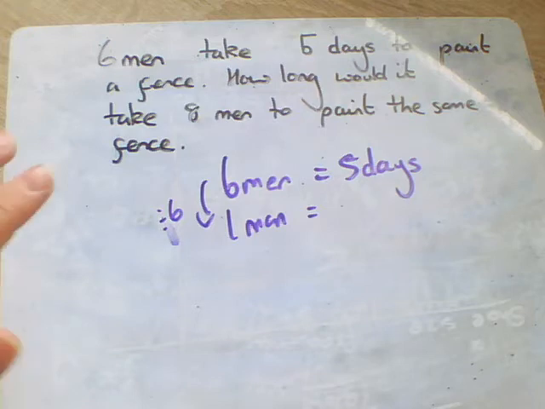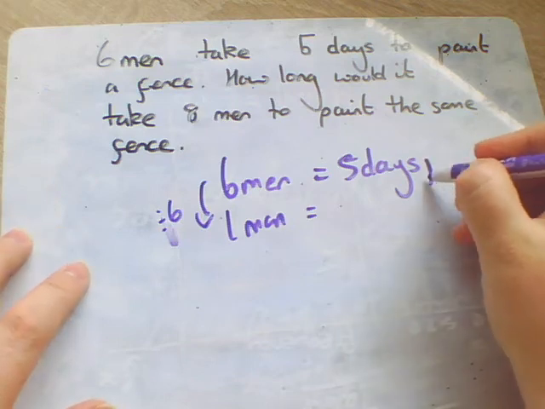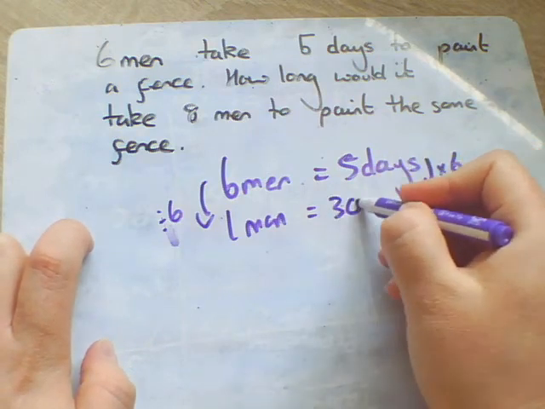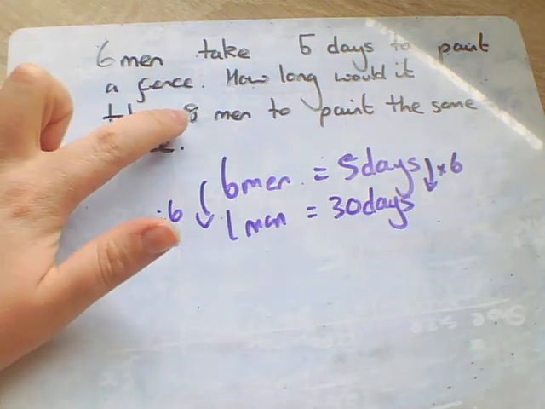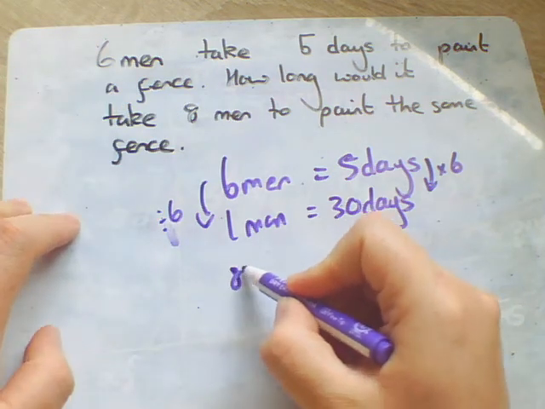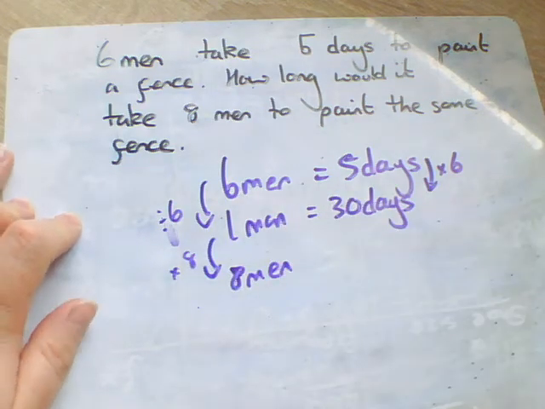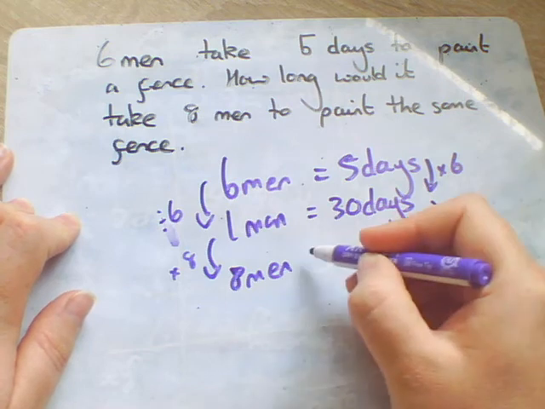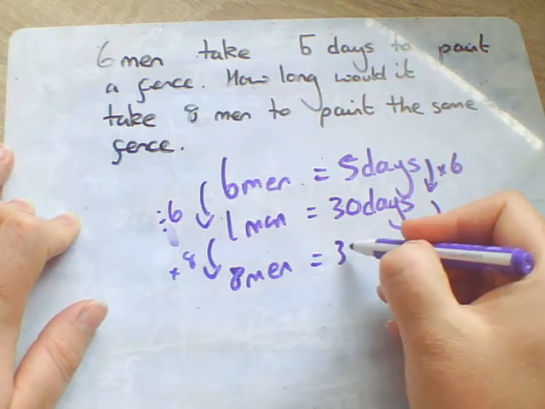Now the way to think about this: on this side I've divided by 6, so when you go to the right hand side, you're going to multiply by 6. You can see they're opposites. So 5 times 6 means it's going to take him 30 days. Now I want to know how long it takes 8 men. So again, if I scale this one man up, I've now got to split that 30 days of work between 8 separate men. And yes, you can use a calculator for this. So that is going to take 3.75 days,